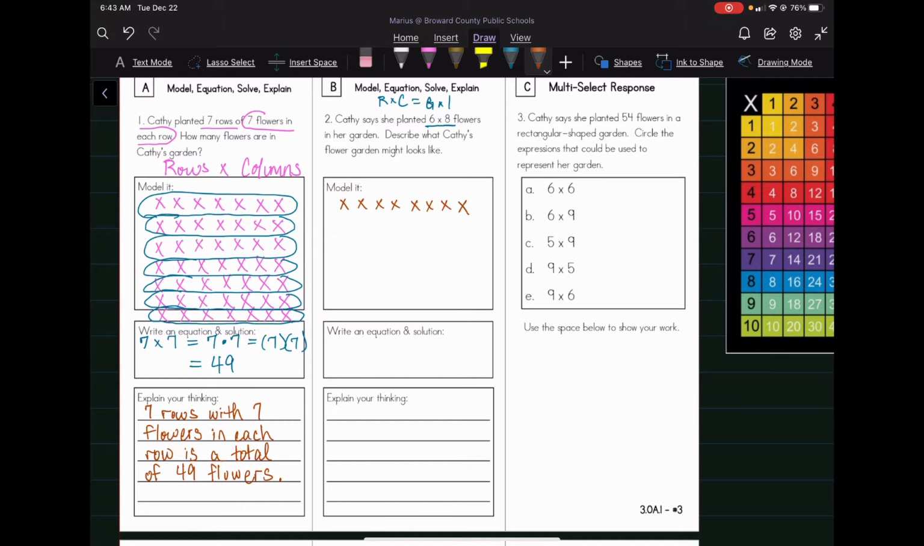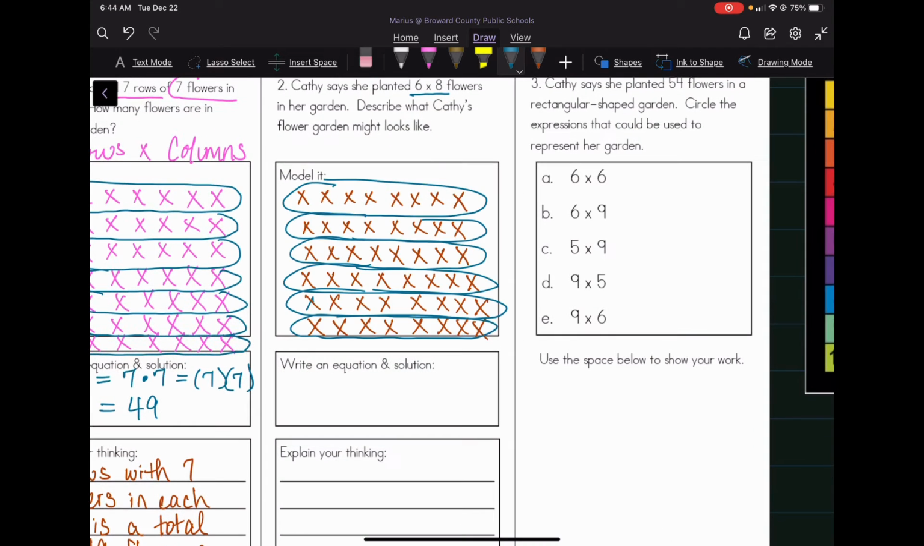Now we got to do the next row. All right, so there are our 6 rows with 8 items in each row, which is going to give us a grand total of 48 when we count all of it up. So writing our equation, we could write our equation to say 6 times 8, or we may see